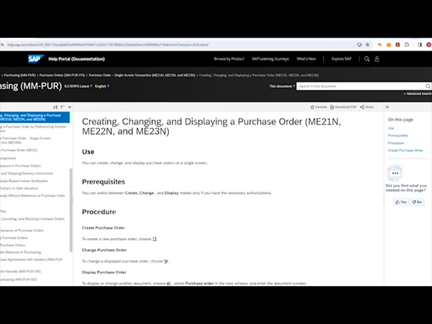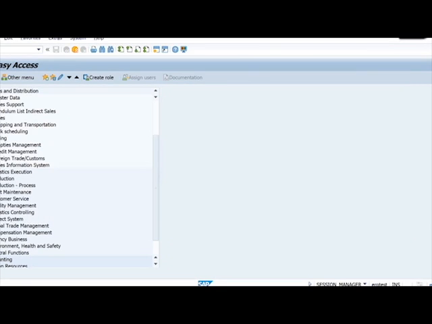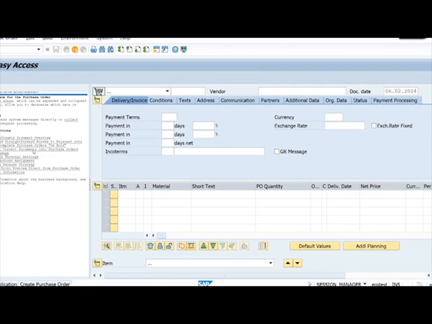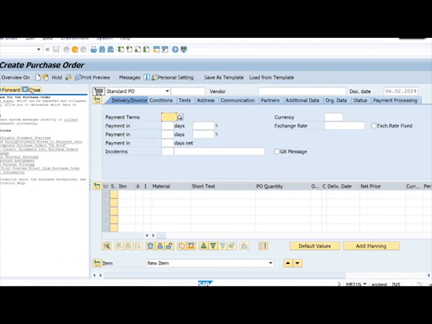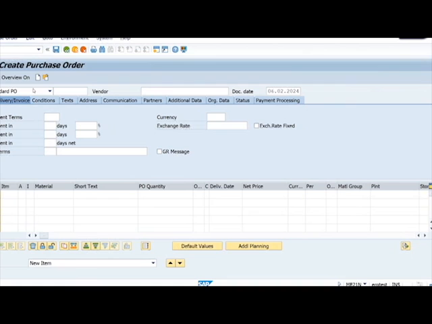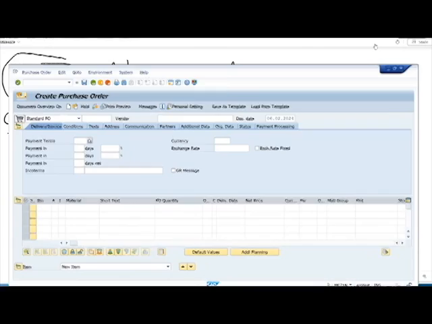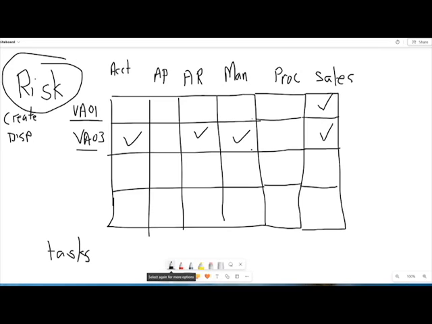ME21. So ME21N. Create a purchase order. So yeah, great. Thank you. Close. So here's our standard purchase order. So here we can purchase new desks, lorries, paper, whatever you want the business to buy. This is where we buy it. So this is buying and the other's selling. So buying, so purchase order,